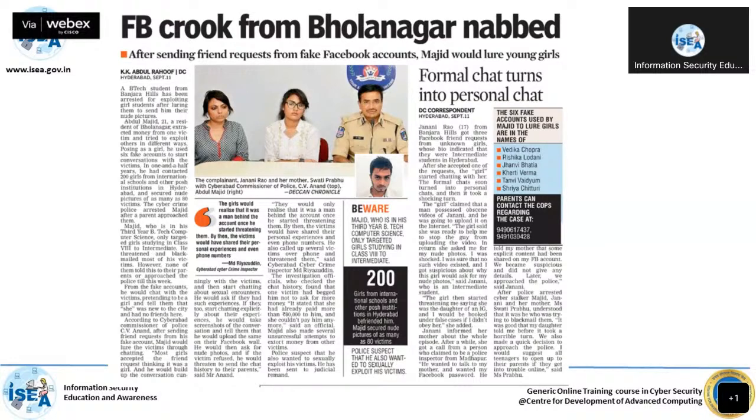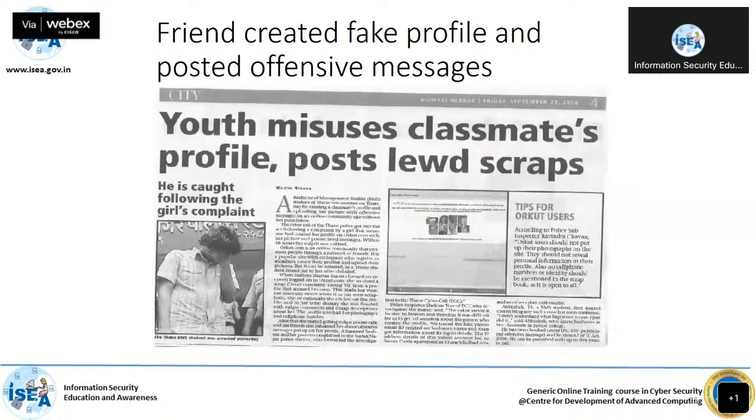I gave another example also, and this is a bit old. He made friendships with more than 200 people. One fine evening, he said his mother was hospitalized and he wanted money. So all the kind-hearted people transferred a lot of money, crores of rupees in one day. Later, two girls came forward and reported about this guy, and he was caught and kept behind bars. By then he had earned a lot of money, and that money went into some other locations, but nothing has happened.